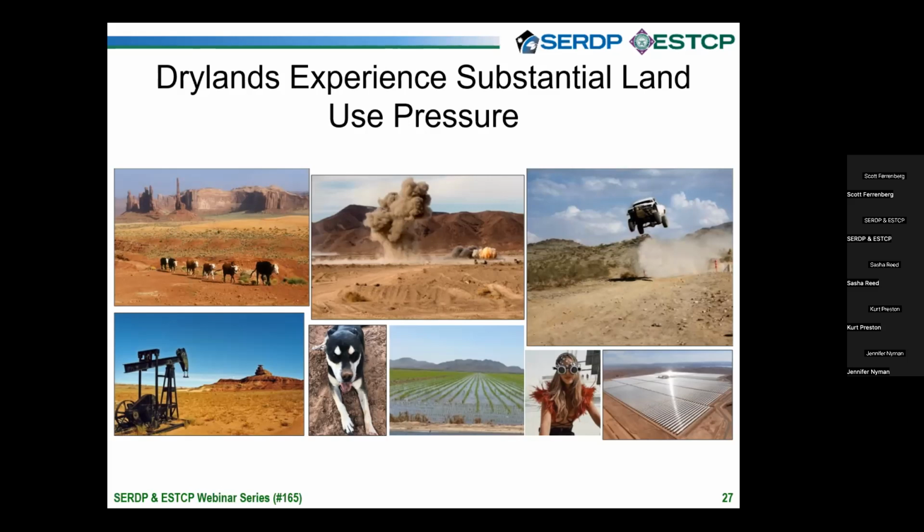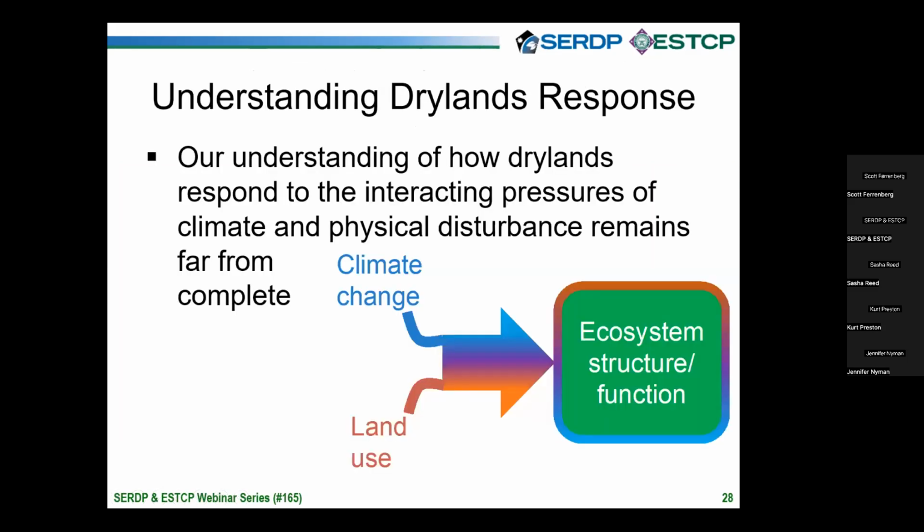And we do use these ecosystems a lot. We have a lot of grazing in our Western drylands. We have a lot of Department of Defense lands where we need to prepare for safety, a lot of recreation, energy development, both traditional energy development and alternative energy. You can see my dog Arlo here using drylands. You can see someone enjoying a big desert party, and then a lot of agriculture. And so understanding these ecosystems means understanding how we use them and what the effects of that use are, and how that interacts with climate change.